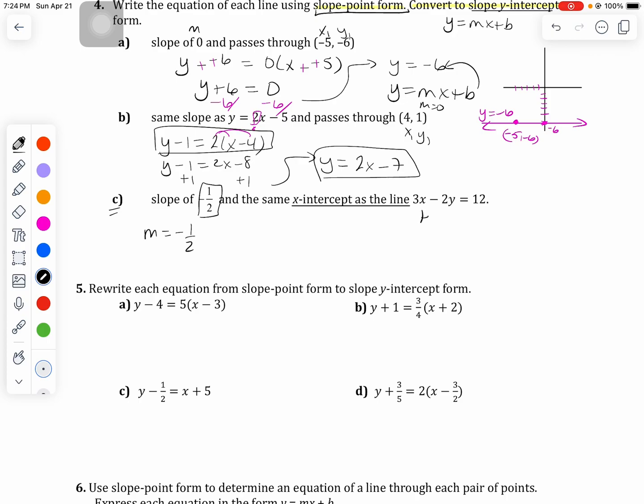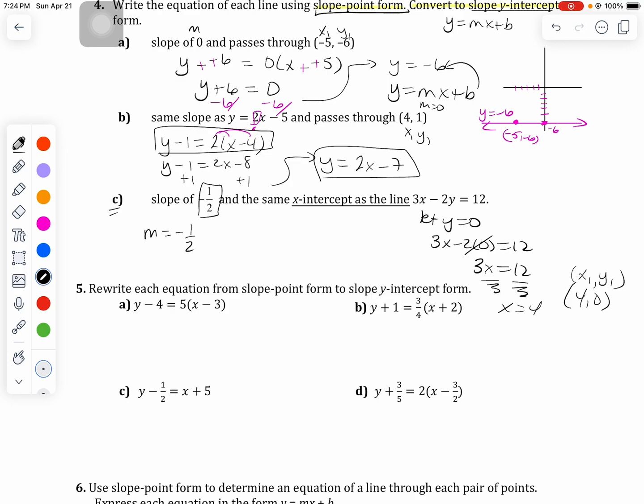To find an x-intercept, we let y equal to 0. So 3x minus 2 times 0 equals 12. The 2 times 0 just cancels, and we get 3x equals 12. Dividing both sides by 3, x is 4. So there's the point 4, 0. There's the point that we're indirectly given. So our equation is going to be,